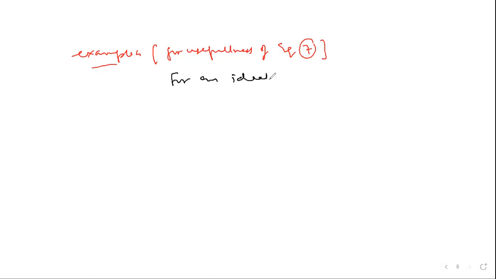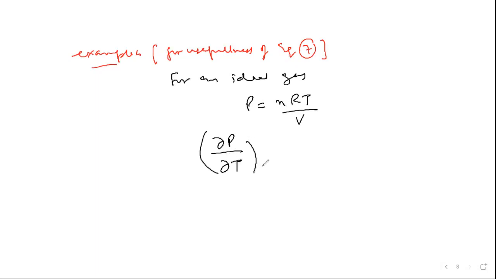For an ideal gas, P is nRT by V, right? So if you find the partial derivative ∂P/∂T at constant V, you get simply nR by V. ∂P/∂T at constant V is nR by V, and